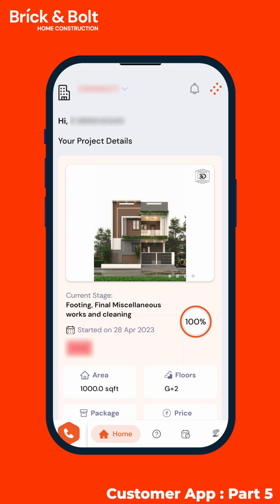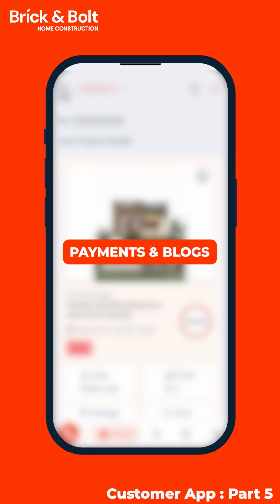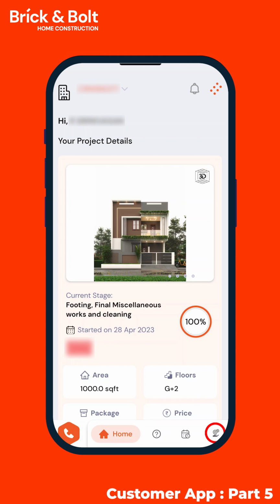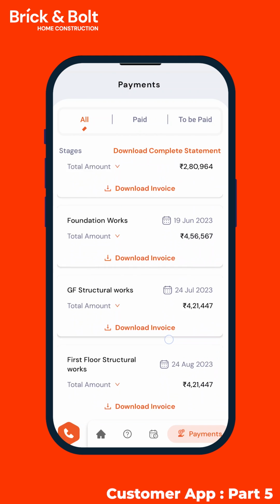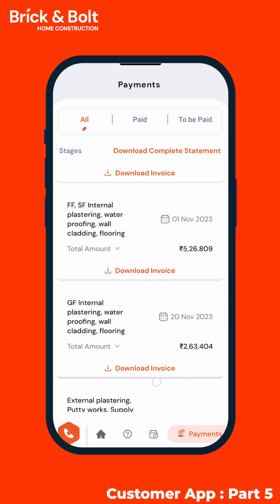In episode 5 of the Brick and Bolt Consumer app, we will explore the Payments and Blogs section. Find the Payments tab on the bottom right corner where you can view the paid, outstanding payments and the combined summary for your project. Here, you will find the stage-wise payments that you need to make in accordance with Brick